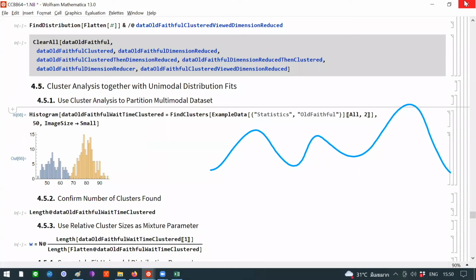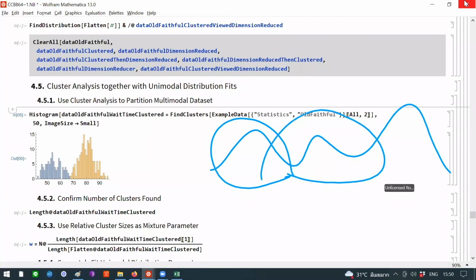With Mathematica, it's going to fit a mixture distribution. But let's say I don't have that. Let's say I'm working with Python or something, and I know that there is more than one component. So what I'm going to do is send this to a cluster analysis first. It's going to put this thing in one cluster, this thing in another cluster, and this in another cluster. Once you put them in separate clusters, you can